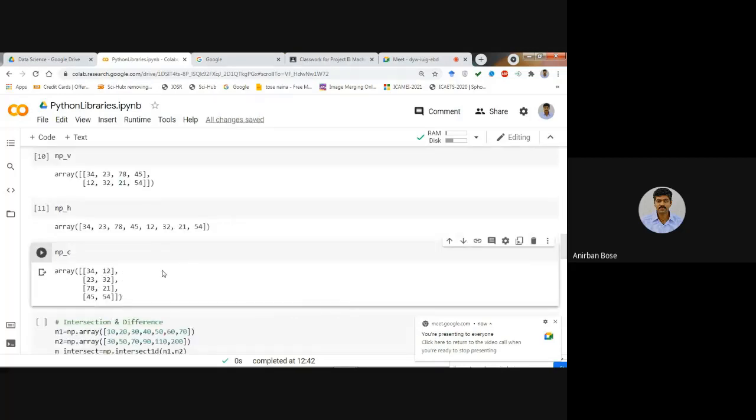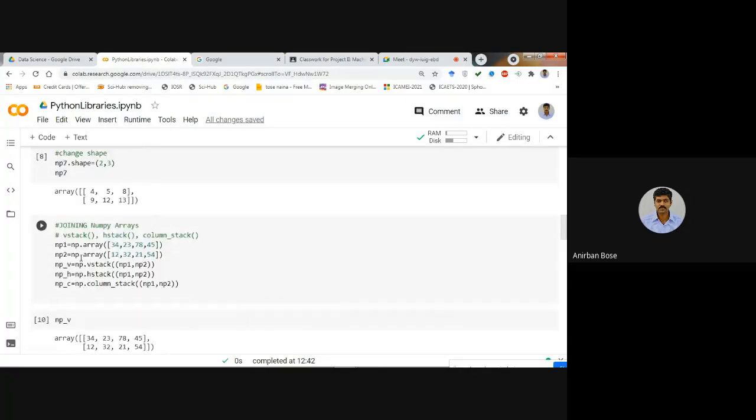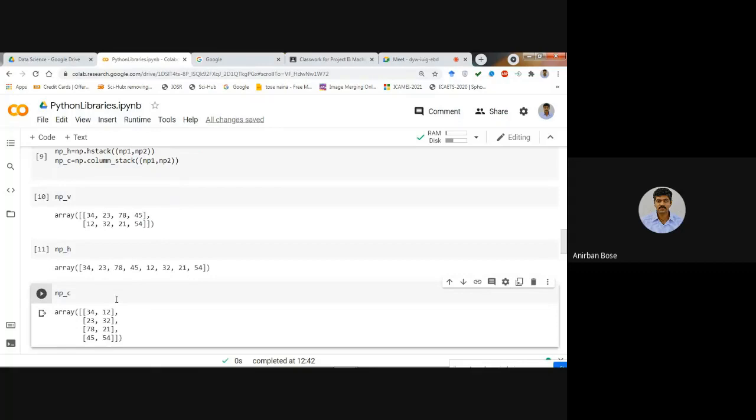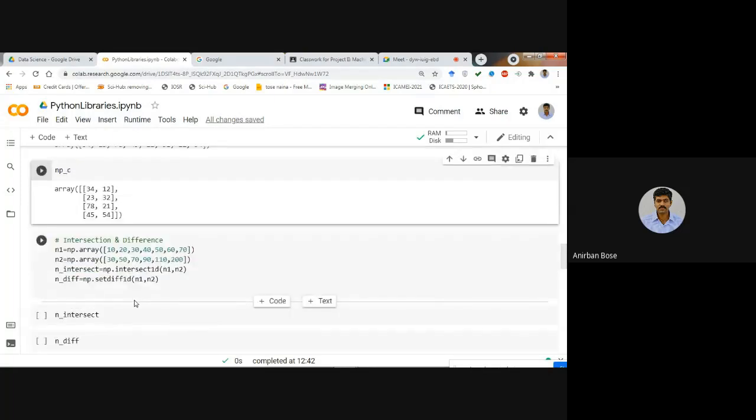So this is the column stack. So these are certain important commands that you have to remember, by which you will be able to manipulate the arrays, or change the shape of the arrays, or join two arrays. Now intersection and difference. Intersection, you know, is what is common between the two lists.